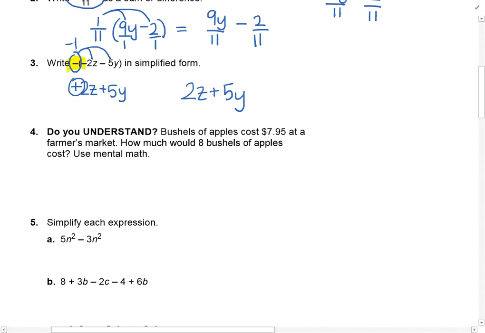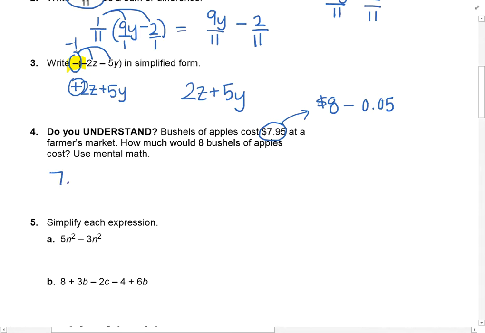All right, number 4. Bushels of apples cost $7.95 at a farmer's market. How much would 8 bushels of apples cost? Use mental math. So here's the strategy they want you to do. $7.95 is very close to $8, right? But the difference is 5 cents. So instead of thinking of it as $7.95, think of it as $8 minus 5 cents. So if we write it like that,